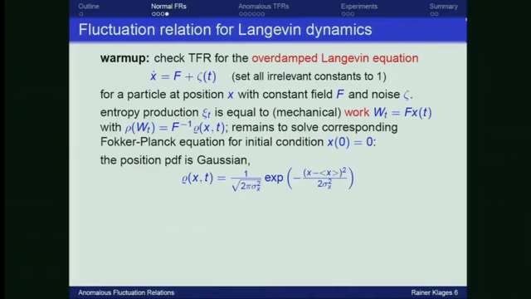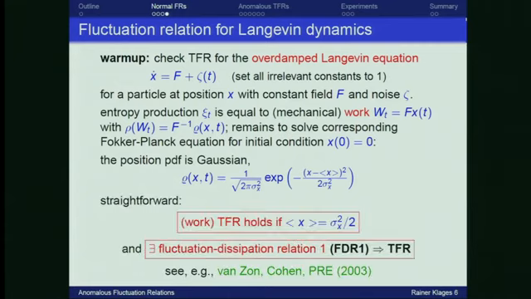The position PDF then, as everyone knows, is Gaussian, and if you want to check for the fluctuation relation, you simply look at the ratio of the PDF for positive work divided by the PDF for negative work, take the logarithm, and then you can already see what's going on. So what matters is really determined by what you have in the exponential. And in fact, going back to your talk, you immediately find that the work transient fluctuation relation holds